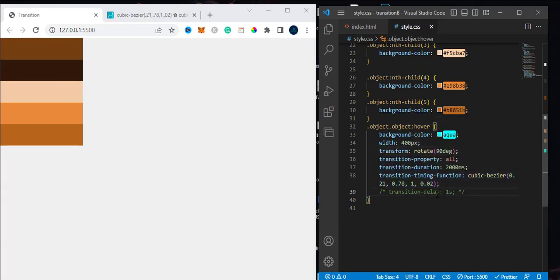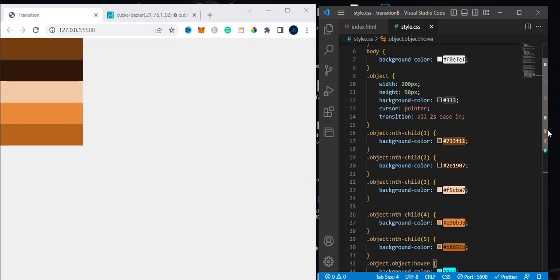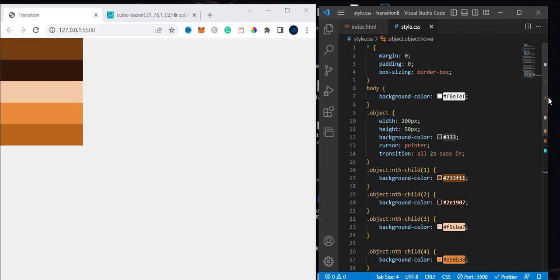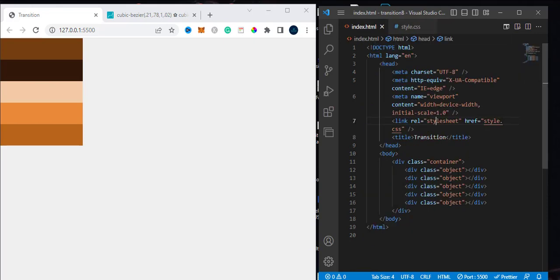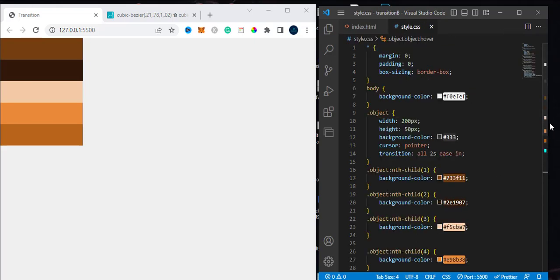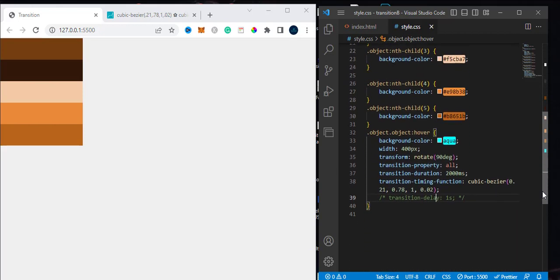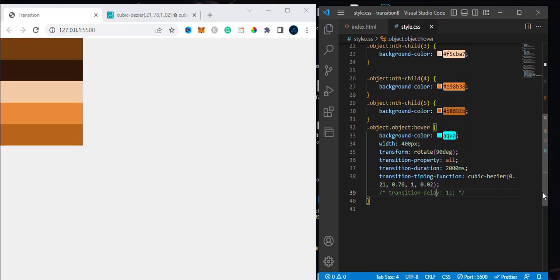Don't forget the delay. Maybe you want to delay it and stuff. For your practice, you can just play around with it, use different styles, different elements, different properties, different transition properties. You can use transform, you can use anything just for you to practice what you have learned